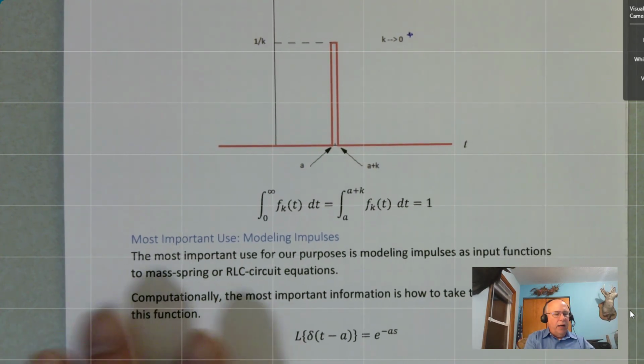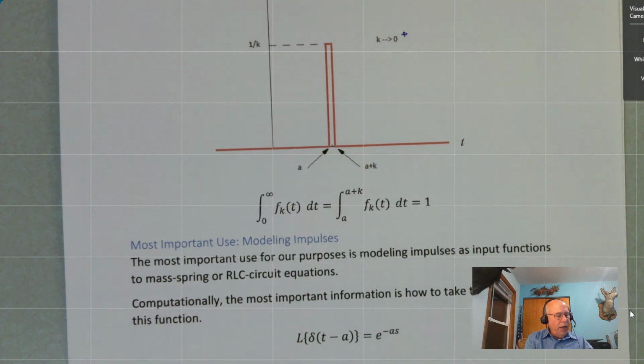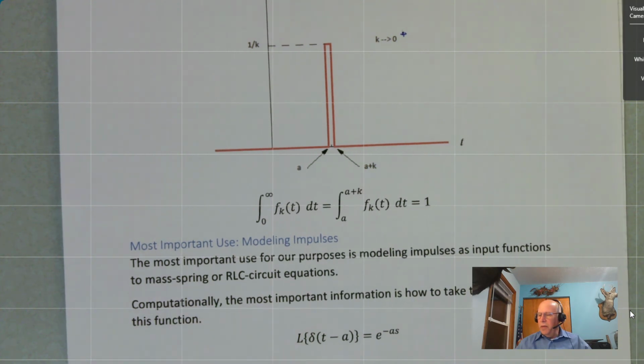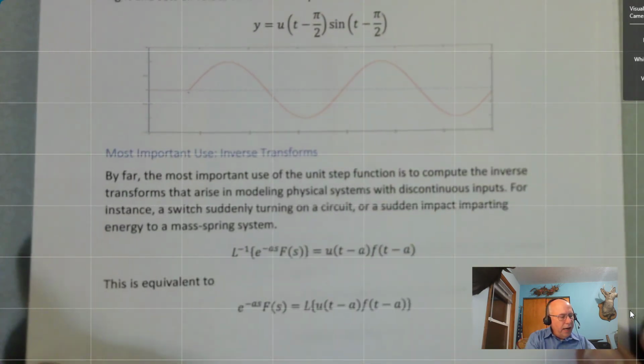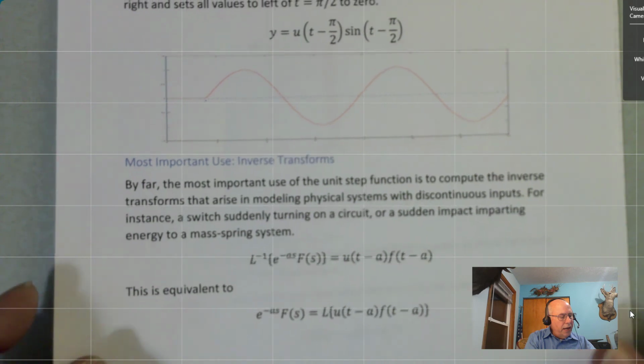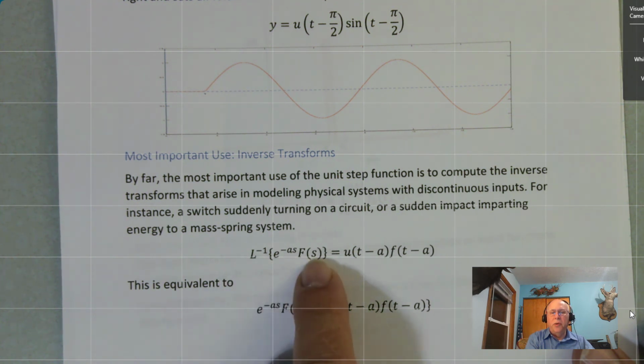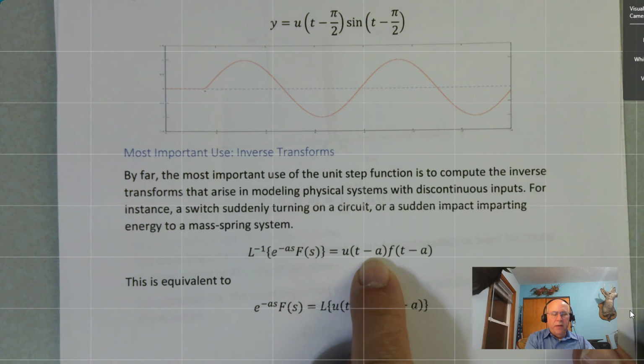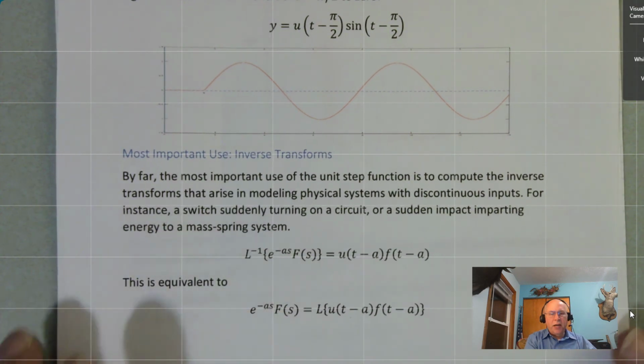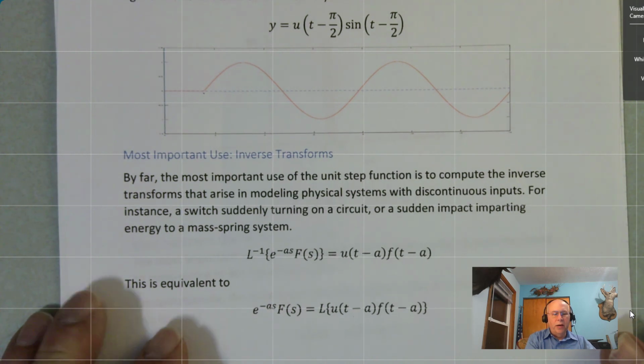And that explains why we care about that first shifting theorem that I had up here just a moment ago, because this e to the minus as will then end up on the right-hand side of an equation times the transform of something else, and we'd like to be able to take the inverse transform to solve the equation, and we end up using this. Now that's all very vague and abstract, but we'll make it very concrete here in just a little bit,